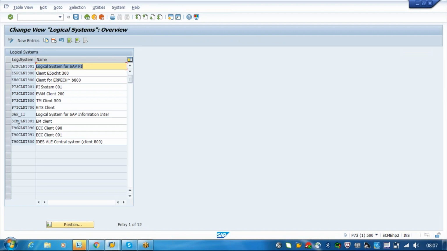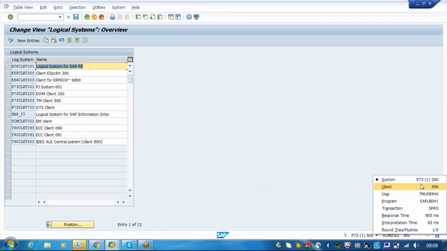We define the logical system with the first three characters as the name of the system, for example P73, and the next four characters as CLNT. Whatever the client, you just say the next four characters as CLNT. Then the last three characters represent the client number.